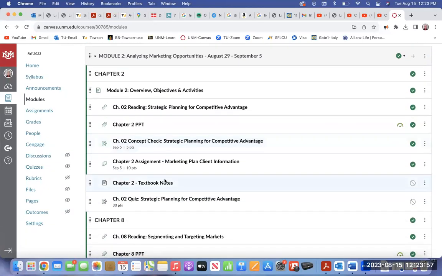So chapter 2 is about planning for competitive advantage. Now, what is competitive advantage? It's an advantage over the competition. So number 1, who is your competition? Number 2, what are their 4 Ps? What's their product, their price, their place, their promotion? You have to outline all of that so you understand it, so you can figure out where do you fit within that and how can you have an advantage over the competition.